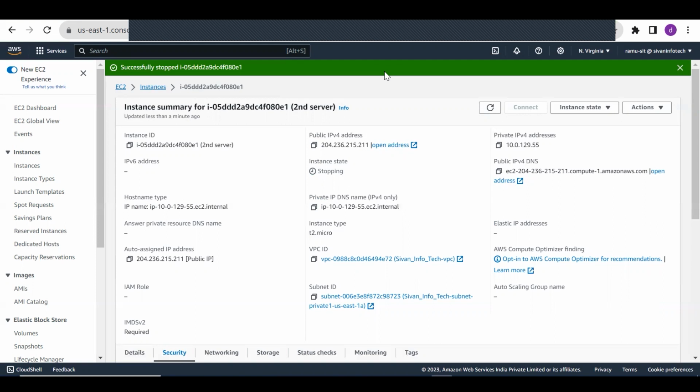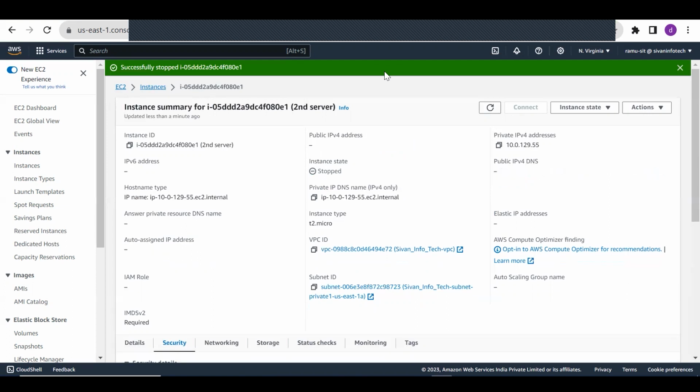After that, you need to add the server security group in the EFS security group, and enable port 2049 in the server security group. Got it? Okay. Server is stopped.